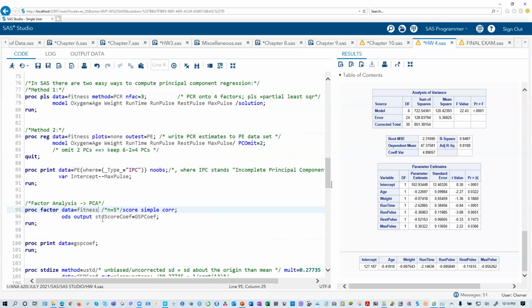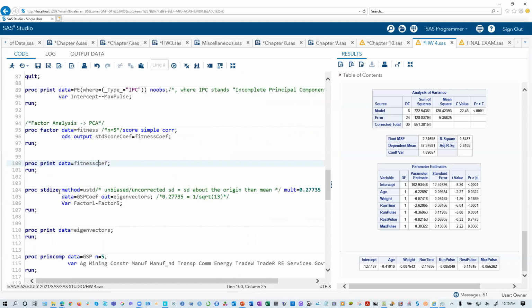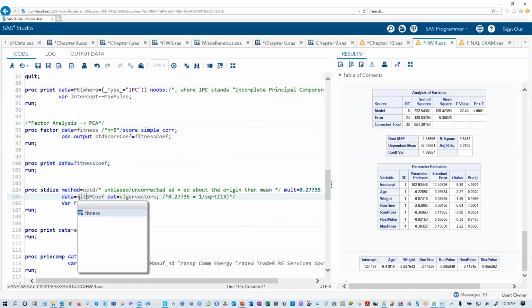So okay, so go to this one, you can say fitness ES coefficients. Then you can say fitness coefficient, utilize and print. And this method, you're gonna get the fitness coef